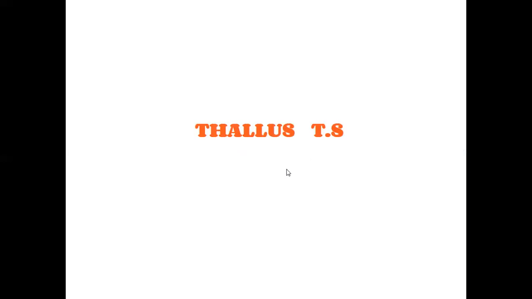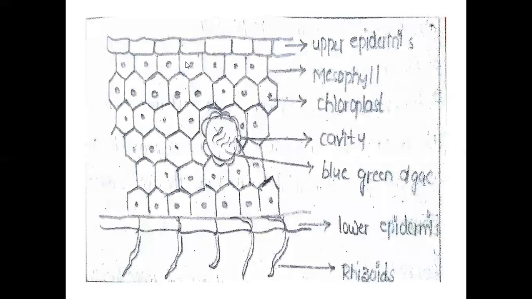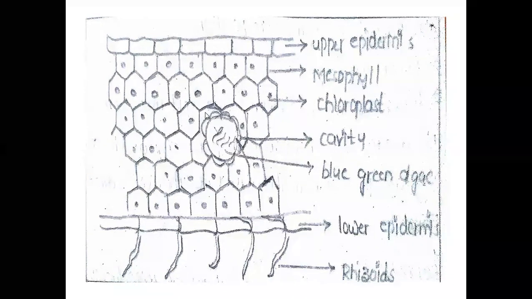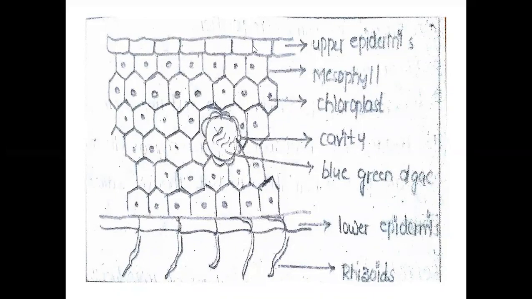Now, thallus TS. Thallus TS means thallus transverse section. The Anthoceros thallus section shows mainly three major portions: upper epidermis, lower epidermis, and third one is storage tissue or photosynthetic zone. The upper epidermis is present at the upper portion, the dorsal region of the gametophytic thallus. It is made by rectangular parenchyma cells. It protects the inner parts and gives a perfect shape to the Anthoceros thallus.